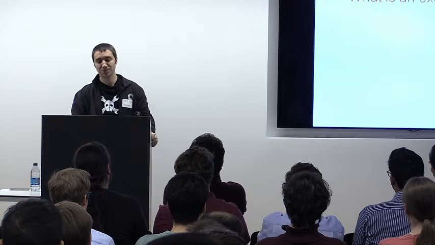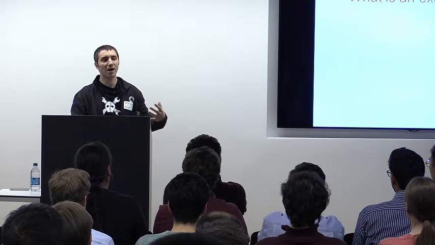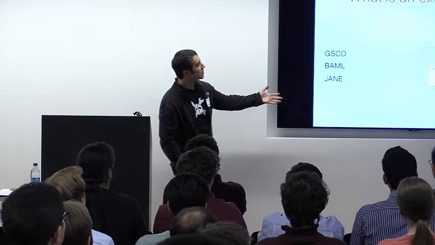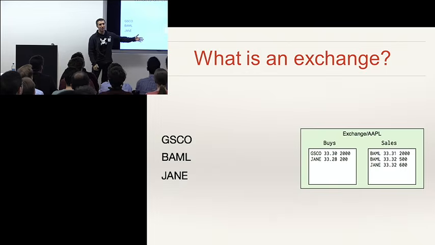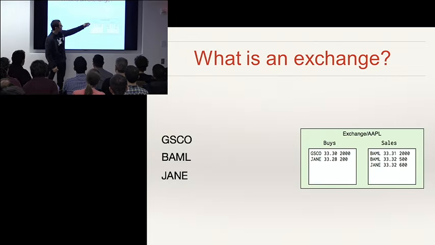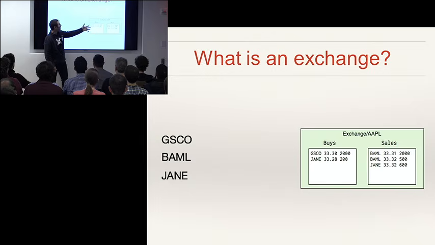What is an exchange? Okay, we're going to talk about it from the perspective of the data structures and the messages that get passed around to do what an exchange does, right? And so the first data structure we're going to talk about is really just the limit order book, and this is a NASDAQ workstation style book where it's got the best prices to buy on this side and the best prices to sell on this side, and you'll see that buys are sorted in decreasing order because when you sell